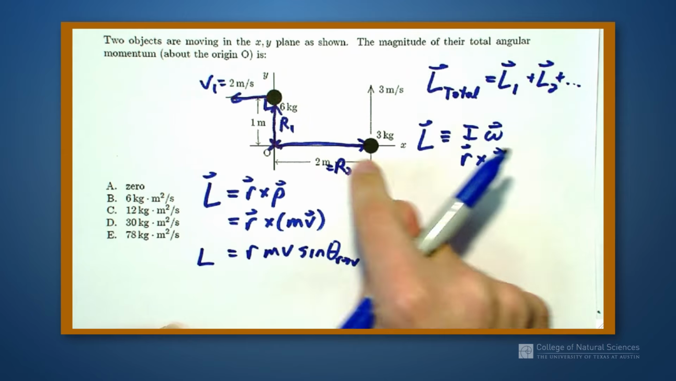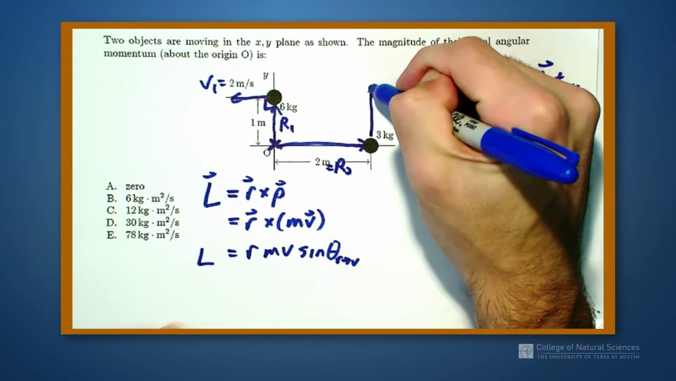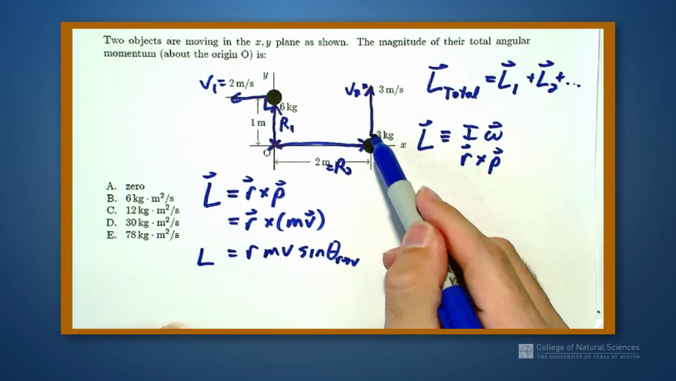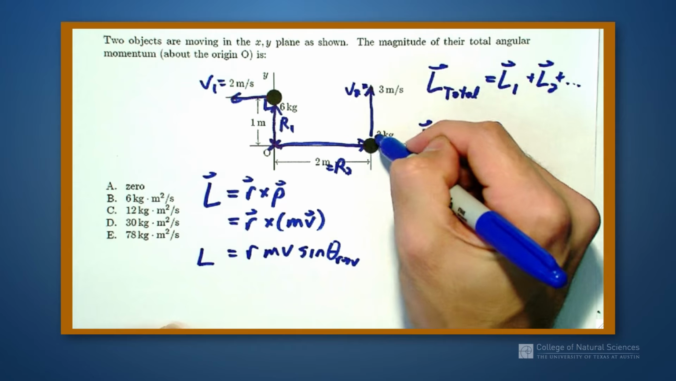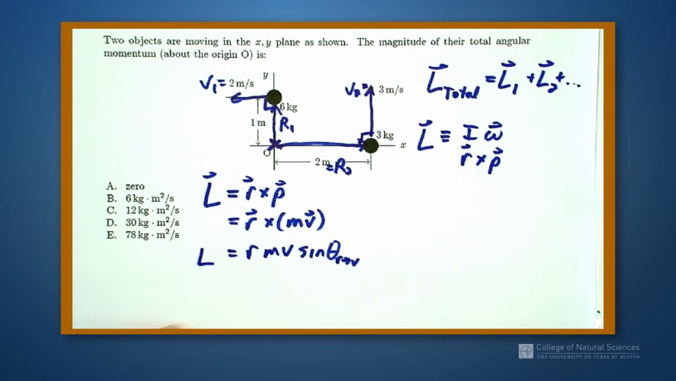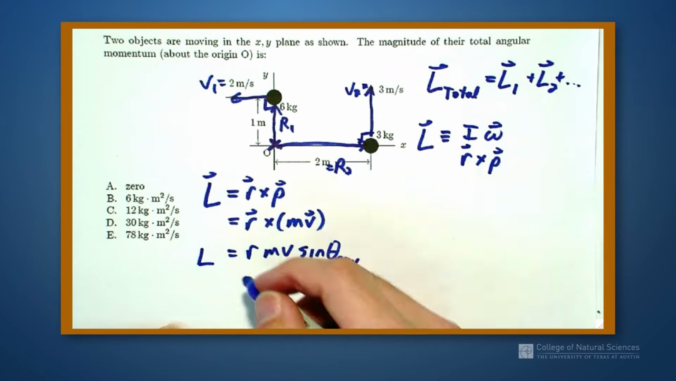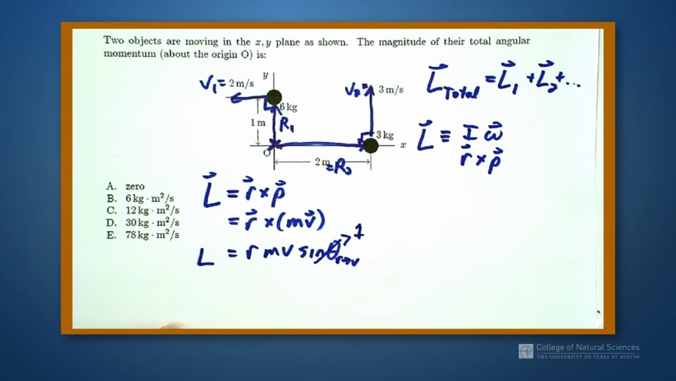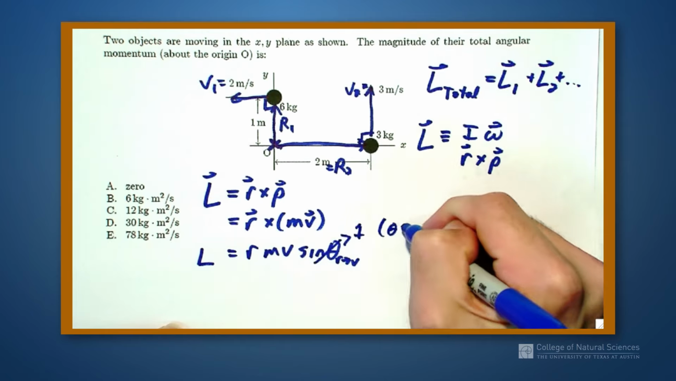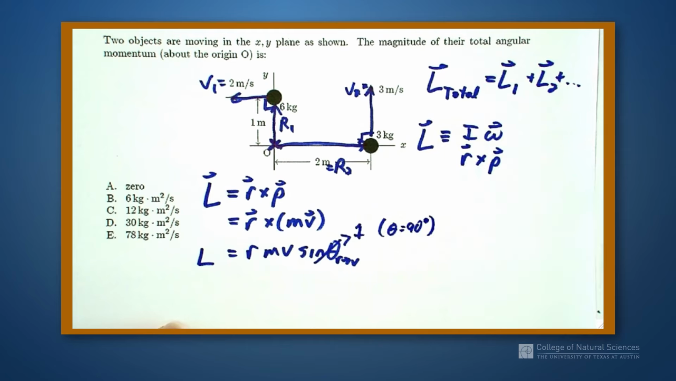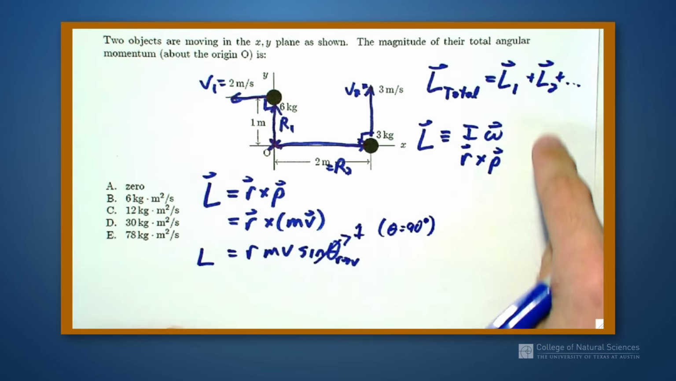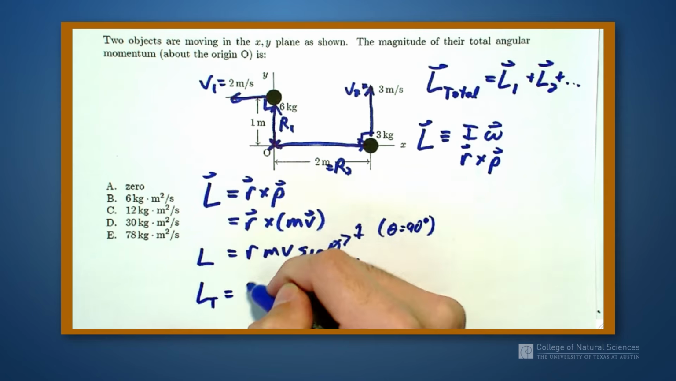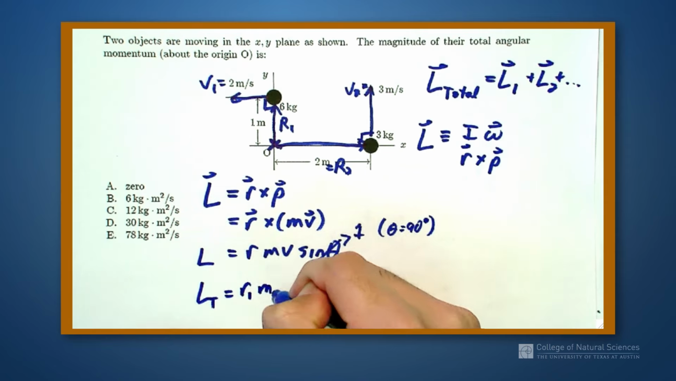Same thing over here. R2 points in this direction. V2 points straight up, and they again have a mutual angle between them of 90 degrees. So in both cases, they both reduce to a value of 1 because theta is 90 degrees. All right, so let's add up all of our totals. So our total angular momentum is equal to R1 M1 V1